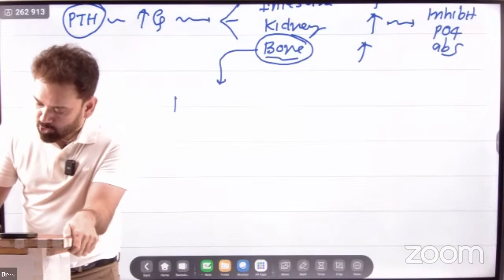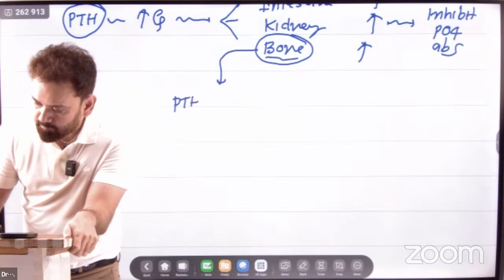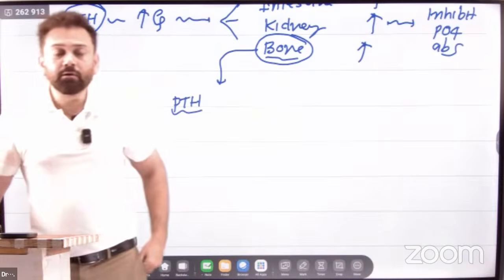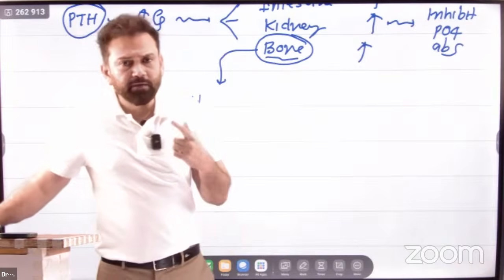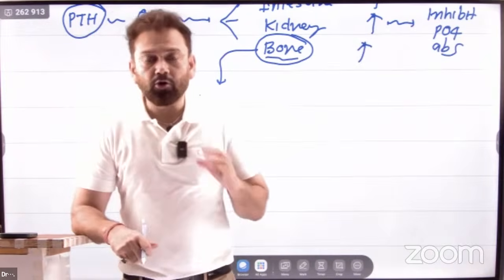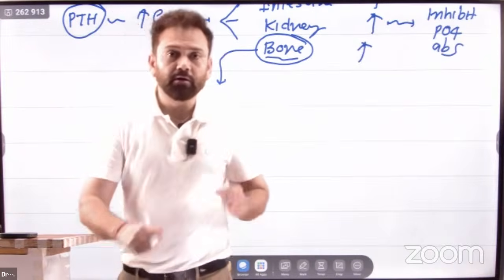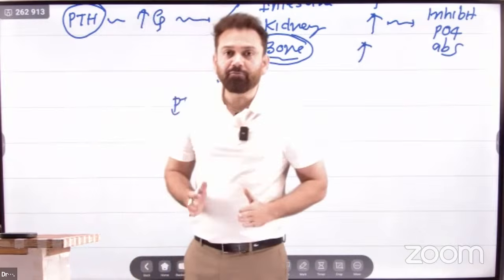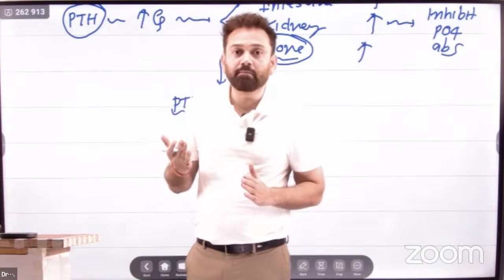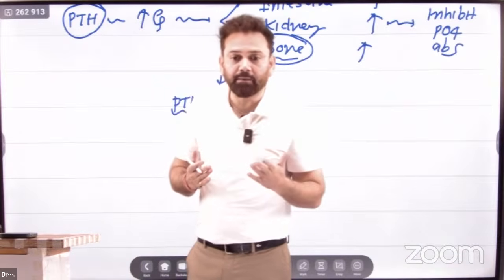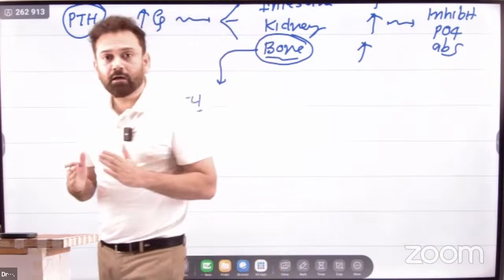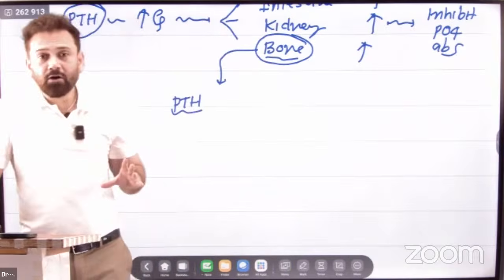So, parathormone, of course, you know it causes bone lysis. So, its receptor will be on an osteoblast or an osteoclast. First question. Purpose of parathormone is to increase calcium. It causes bone lysis. So next question they can ask in the examination, their receptors are on an osteoblast or an